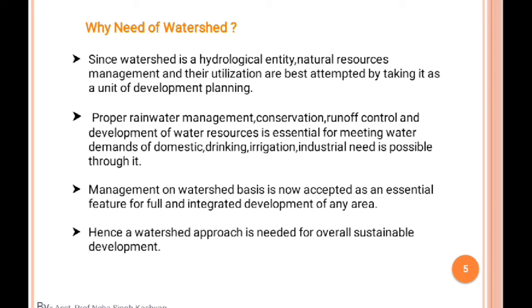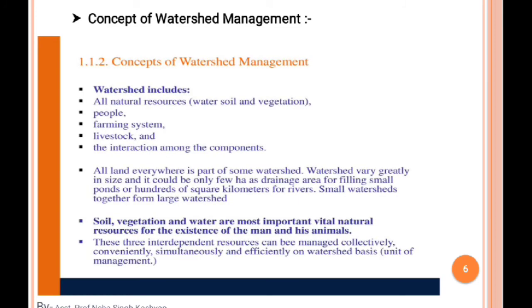Okay, so moving on to the next slide, which is the concept of watershed management. This is very important to know, what is the concept of management, on what concept the water management runs. ठीक है, किस कंसेप्ट में वाटर मैनेजमेंट जो है वो चलता है. ओके, सो बिफोर अंडरस्टैंड द वाटरशेड मैनेजमेंट कंसेप्ट, वी हैव टू अंडरस्टैंड दैट